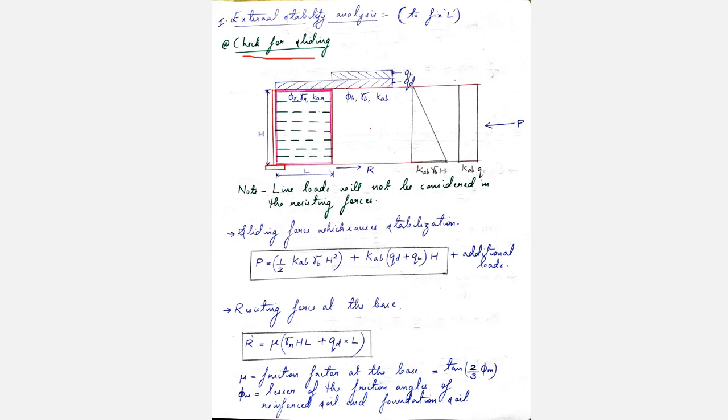Okay. Now other than this, if there are some other horizontal forces acting at the top of the wall, okay, there can be forces which act at the top of the wall, like this, let that be H. Okay, then those forces are also to be included in the calculation of the sliding force P. Now these horizontal forces can be due to the forces exerted on the crash barriers, or the braking forces, or forces acting on bridge abutments.